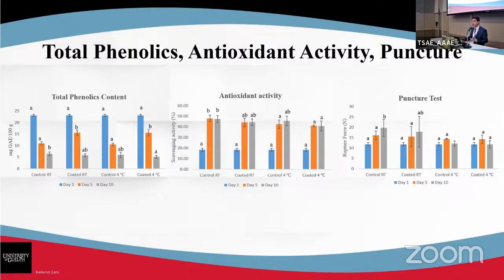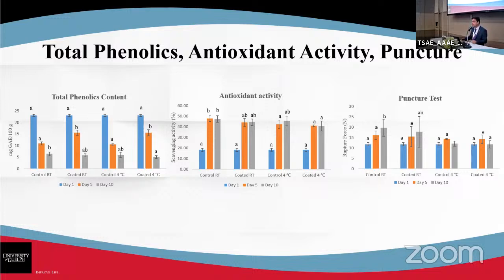And the total phenolic content, antioxidant activity, and puncture test. Again, for the total phenolic content and antioxidant activity, we saw a gradual or slight decrease, which might be because during the ripening process, the fruits might have used up some of the total phenolic components or antioxidant properties to ripen. We also did a puncture test to see the firmness,